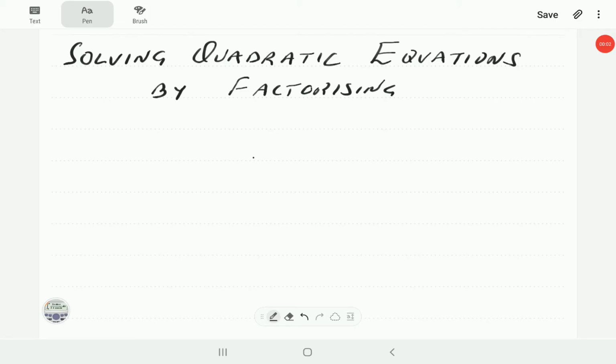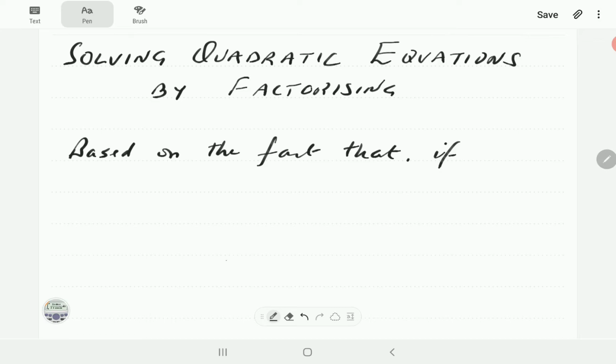Alright, in this video we're going to look at how to solve quadratics using the method of factorizing. So basically this method is based on the fact that